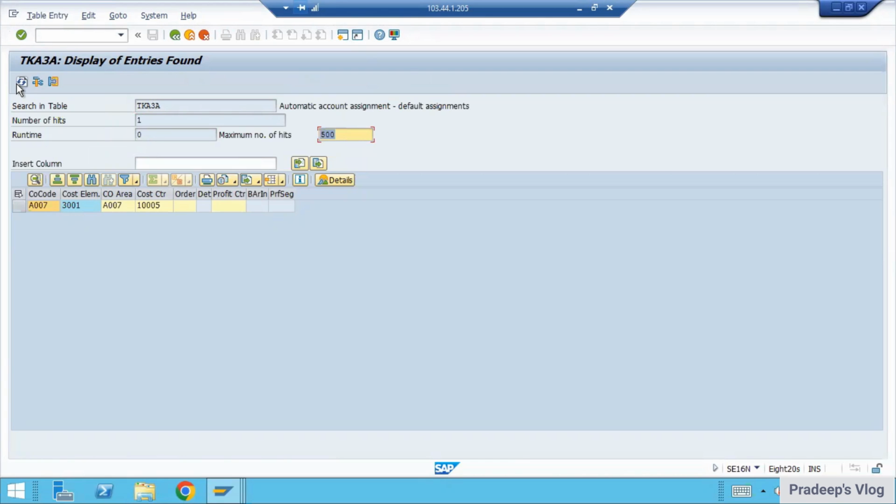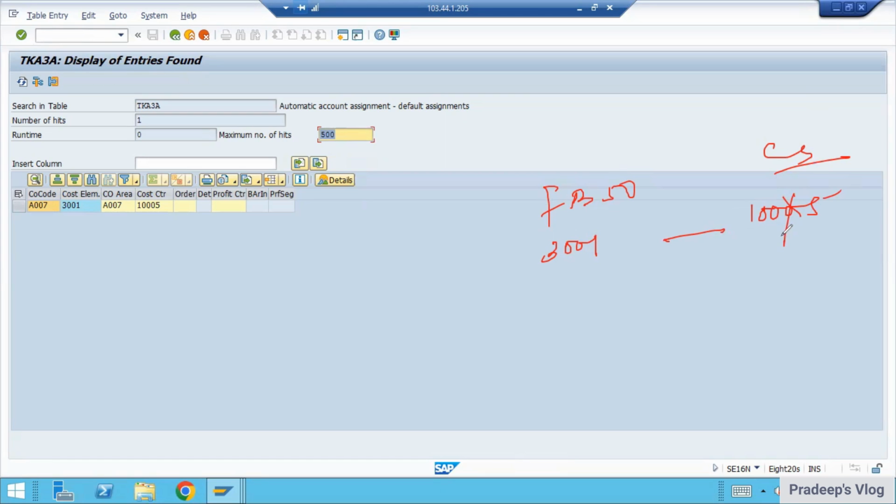That means when the user posts the line items under FB50, the moment the user selects 3001 as the GL account, the system is going to pick 10005 as the cost center in the line items. Our requirement is that in this particular transaction we don't want to take this cost center, rather we will take some different cost center while posting,